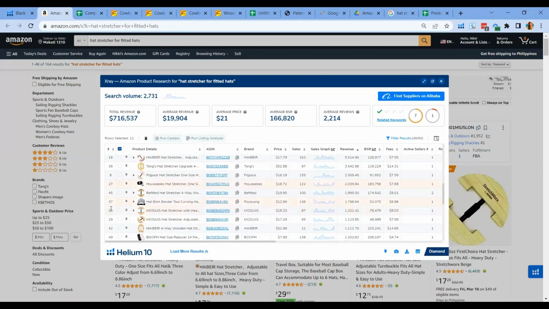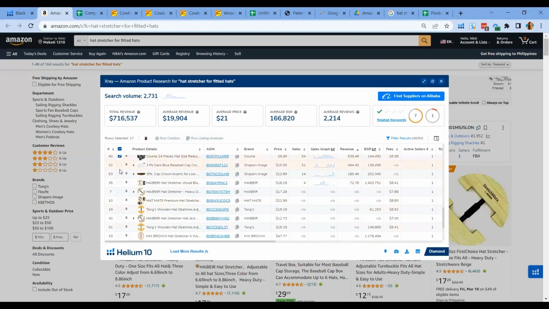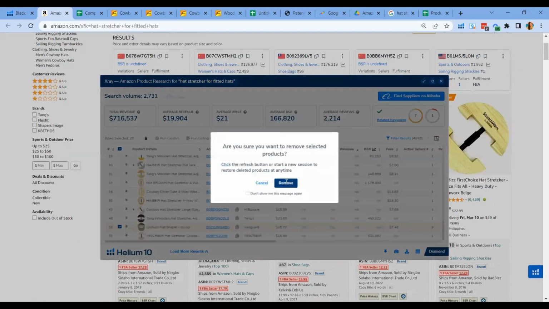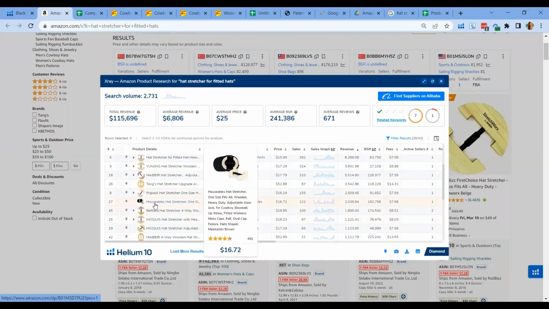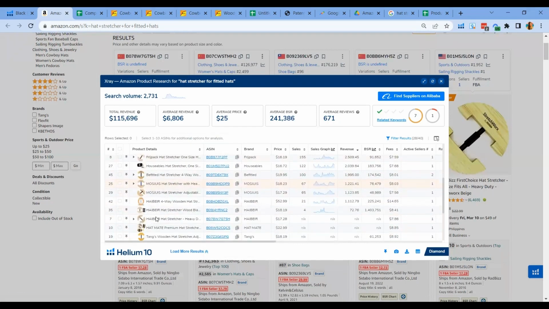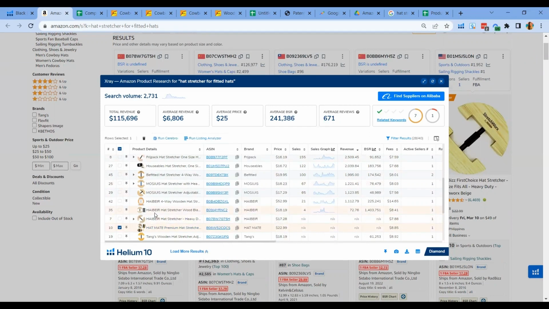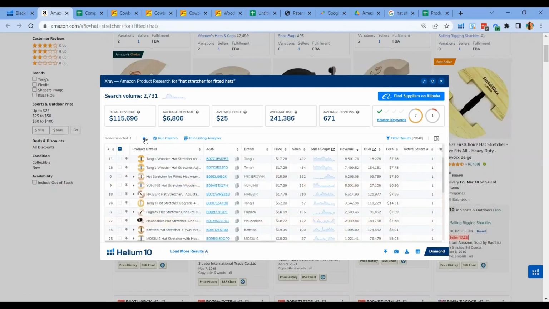The reason for this is to really get the most accurate result and get the relevant competitors to the product that you are trying to research right now. So we don't need these products to get an accurate result. Okay, so almost done. I'm also going to take out those sets because I'm just going to use individuals. So I'm going to make sure that from the results, I just get individual sets. Okay, now I'm going to filter the revenue from highest to lowest.